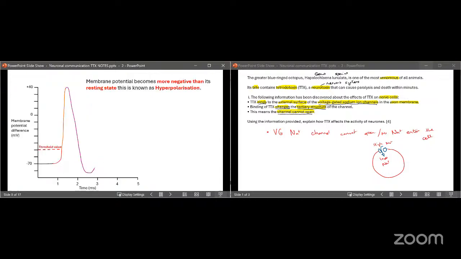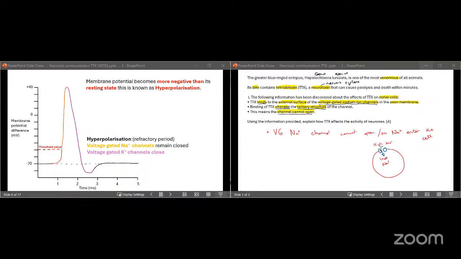But we overshot it. So what we have to remember is that an action potential always has three parts to it: depolarization, repolarization, and then hyperpolarization,